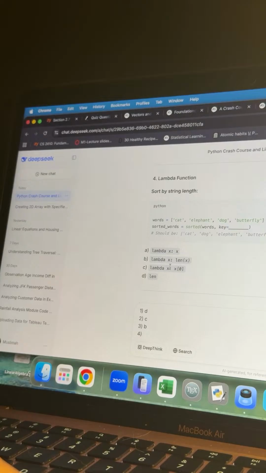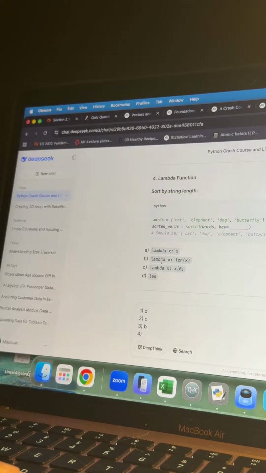What do we see? Why would it be C? No. Dog and elephant have to switch places, right? So you're sorting the words by what? Oh, by length. Because how many characters are in elephant? Let's see. 1, 2, 3, 4, 5, 6, 7, 8. Butterfly has 1, 2, 3, 4, 5, 6, 7, 8, 9. Okay, so